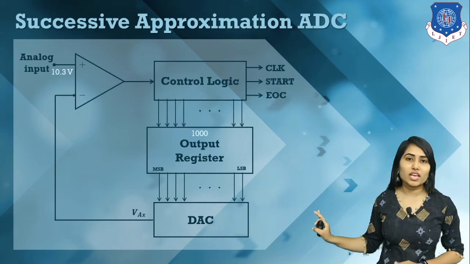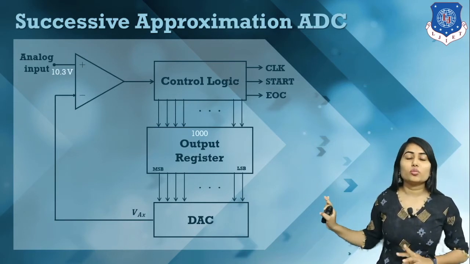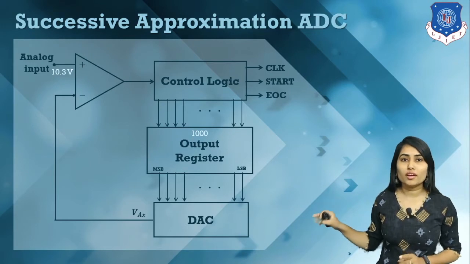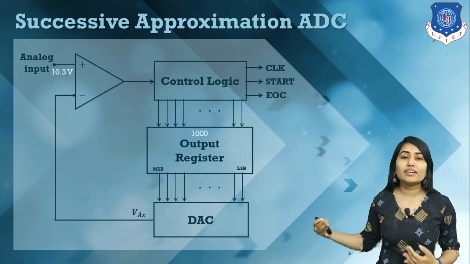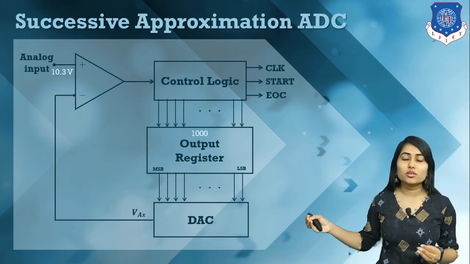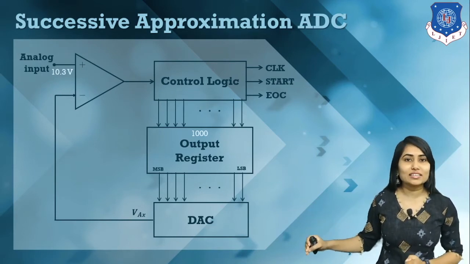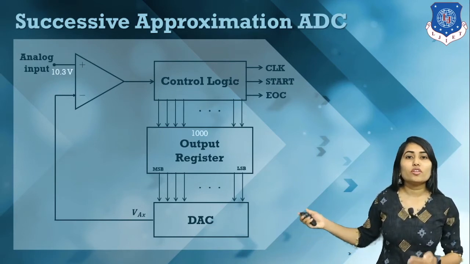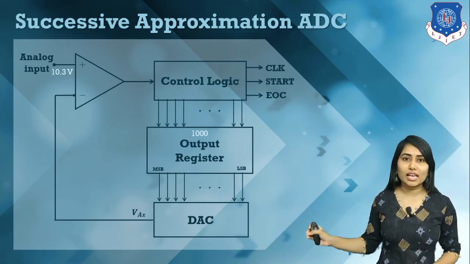Here we have the pattern 1 0 0 0, because this second bit must not be 1. Whenever we make this bit 1, we have a higher digital to analog converter output. That means our approximated value goes too far. So we have to reset that bit, and here we have our final bit pattern. This is how we calculate it.